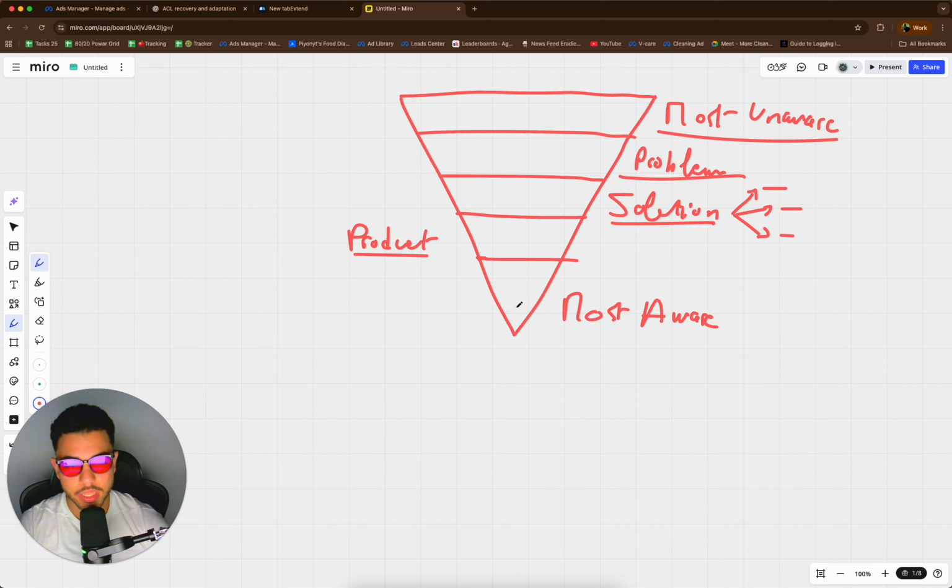Very soft CTA. And also, we're going to have an us versus them. So let's say that they watched something here, they like it, they went to the VSL, they probably watched 25% of it, they spent quite some time on it, and then they went back to the platform, which shows that they had a great experience. Facebook is going to determine, hey, these people watched this, they didn't convert for whatever reason, they probably need to know a little bit more. Then they're going to watch a testimonial.